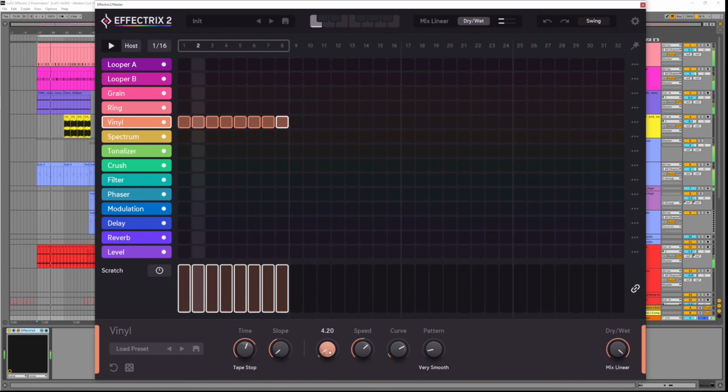The time defines the time it takes for the record to slow down to a stopped position. So you'll notice at 1:16 it takes one whole step to stop, whereas if I change this to 1:32 it's taking half a step to stop. The slope parameter determines the curve of the transition,